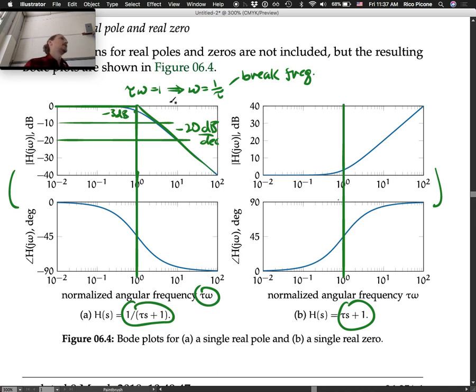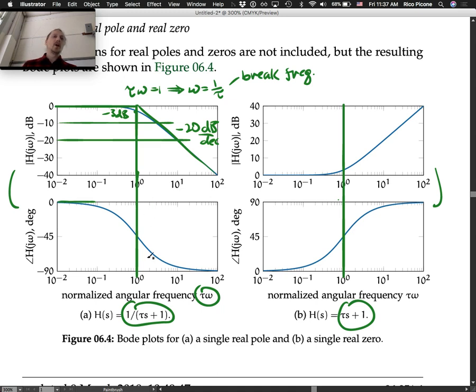That crossover. A lot of times you'll sketch with a straight line and then round them off. You just go through negative 3 dB, and that's considered to be pretty good. Okay. The phase plot is 0